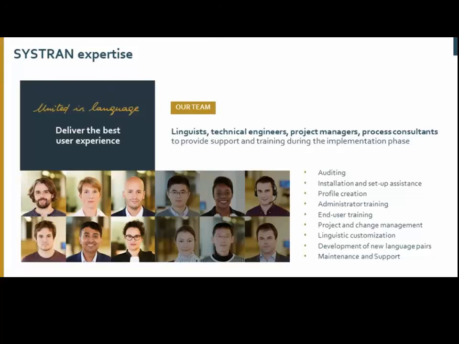So we have this double expertise, and we are very proud of that because it's our strength today to be able to bring the technology with all the knowledge we have had for 50 years now.